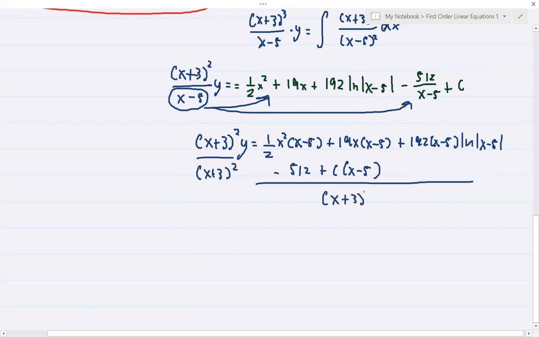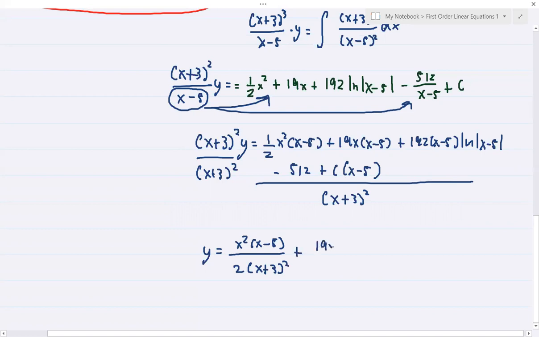Okay? So we will have y is equal to 1 half x squared times x minus 5, wait. We will have x squared times x minus 5 all over 2 times the square of x plus 3